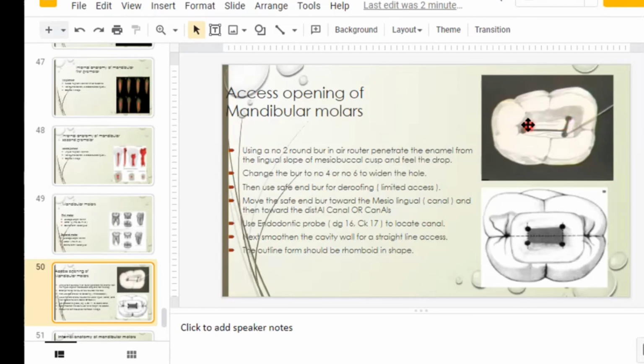If you find your distal canal between your mesiobuccal and mesiolingual, then that is a 3-canal pattern. If you find your mesiobuccal here and distobuccal here and 1 canal this side or that side, that means you have a 4th canal. Search for the canal and extend your cavity preparation into a rhomboid shape. So this is a 3-canal pattern. This is a 4-canal pattern. Is it clear?